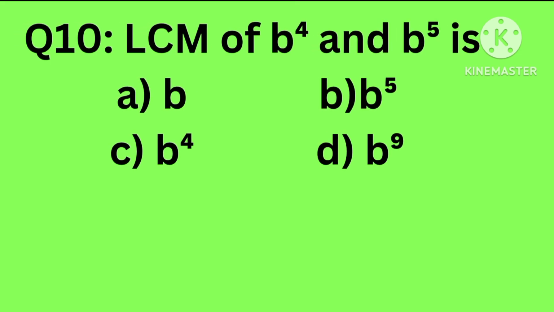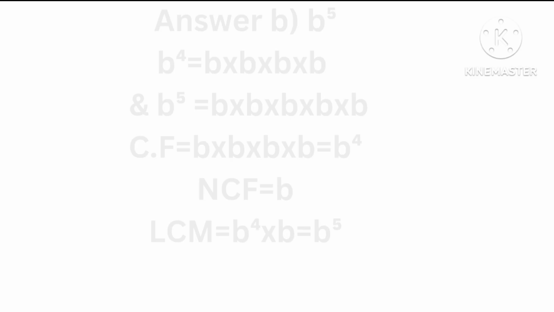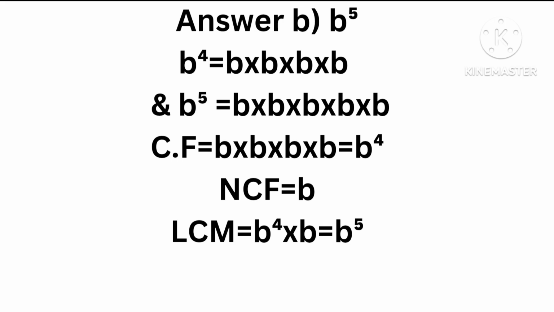क्वेश्चन नंबर 10 है, एलसीएम ऑफ b की पावर 4 एंड b की पावर 5 इज b की पावर 5, b की पावर 4, b की पावर 9। एलसीएम इज मल्टीप्लिकेशन ऑफ कॉमन फैक्टर एंड नॉन कॉमन फैक्टर। b की पावर 4 और b की पावर 5 में 4 बीस कॉमन हैं और 1 b नॉन कॉमन फैक्टर है। तो कॉमन फैक्टर और नॉन कॉमन फैक्टर मल्टीप्लाई करने से b की पावर 5 आ जाएगा। एलसीएम इज b की पावर 5।